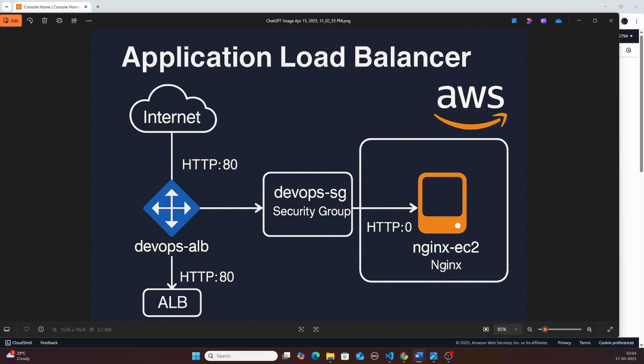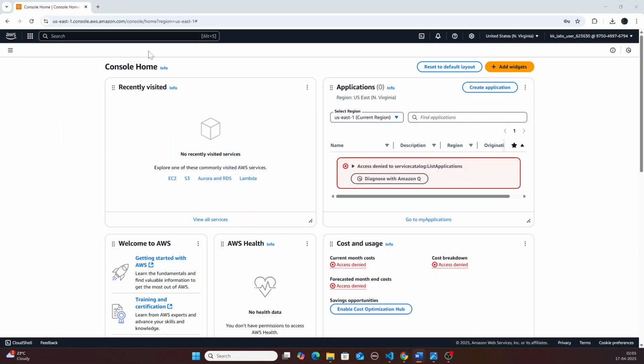So let's begin the demo. First we'll deploy the Nginx web server. In the last video I showed how to deploy it, so you can skip the first part, but I will show how we can do it. First go to EC2 and search for EC2 instance